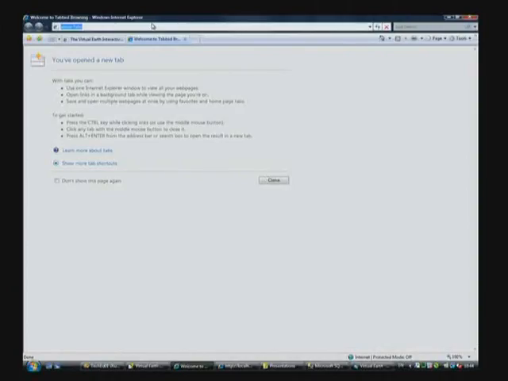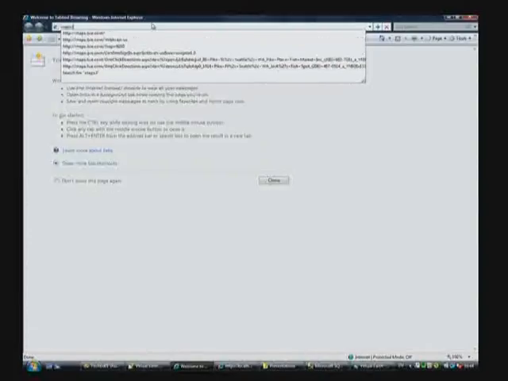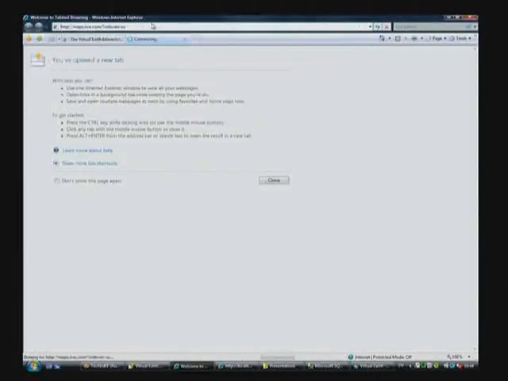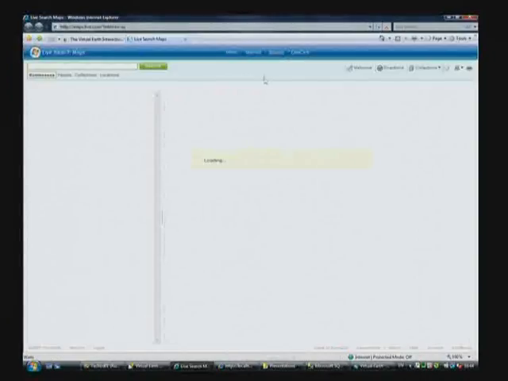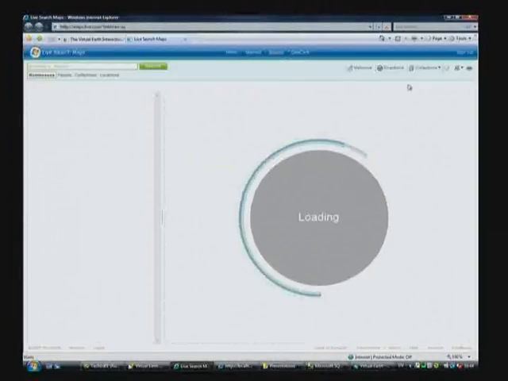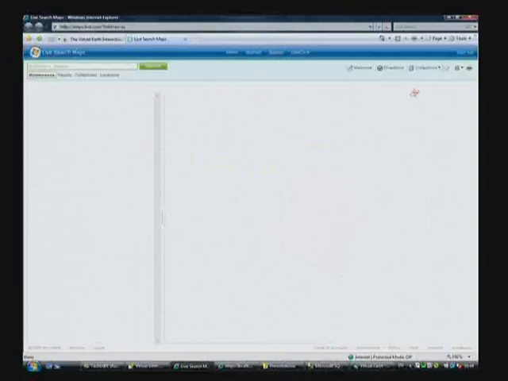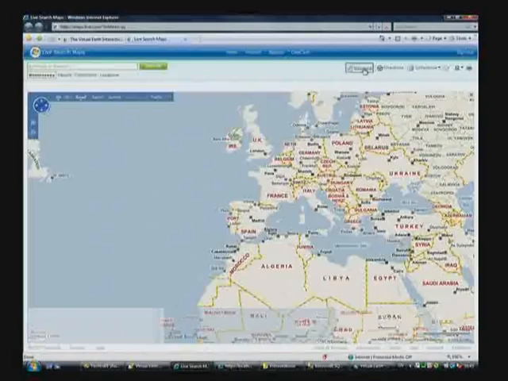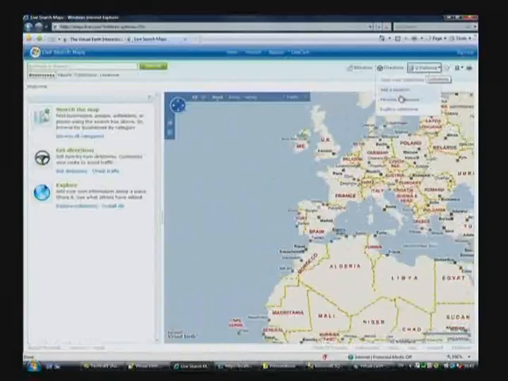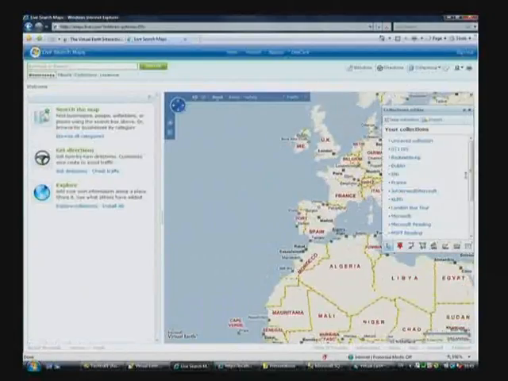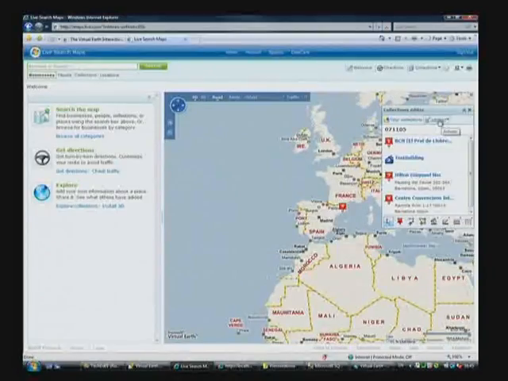But if you just want to have a quick overview about a restricted number of locations, then you can also use Live Search Maps. And what you see here is, if I switch back to 2D mode, and let me select my collections and go to the collection here, I can share these collections now. And if I do that,